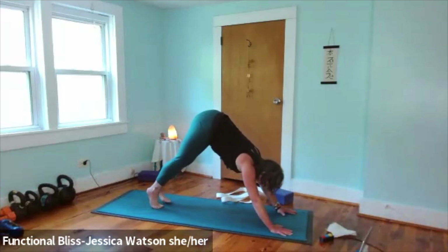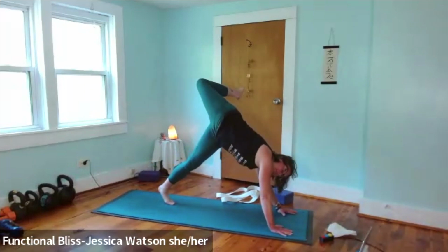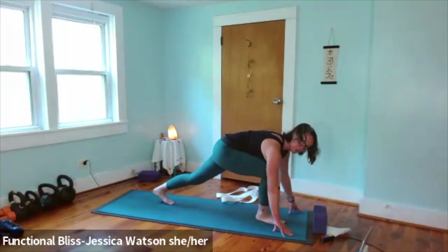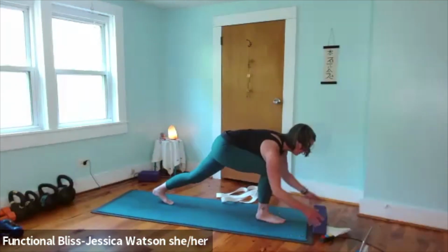Right leg up nice and high into 3-legged dog. Bend the knee, let the hip roll open. At the edge of that, step that foot through to the top of your mat. Find your runner's lunge. Hands forward, or you'll use your yoga block. That'll be totally up to you, or maybe somewhere in between. So if you want to set yourself up on your yoga block or hands in front of you,